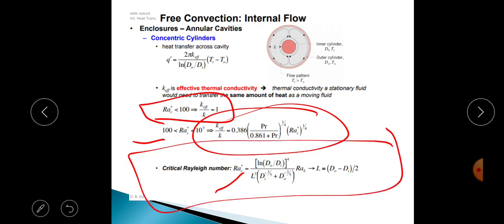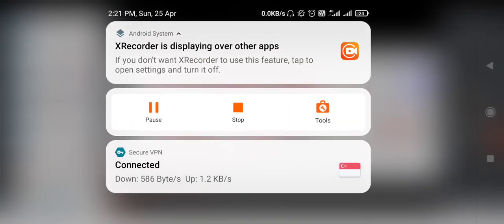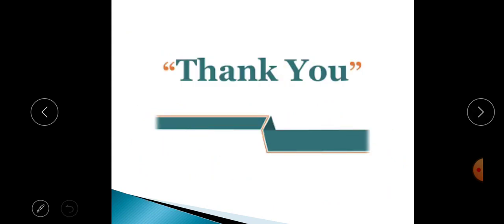So this is all about free convection and forced convection. In this we have discussed different methods and different types, like in the cylinders, flat surfaces, different types of flows like laminar and turbulent, external and internal flows, and all the other things related to this. So I hope that I have explained the concept well. If there is any problem, sorry for that. So that's all from my side.